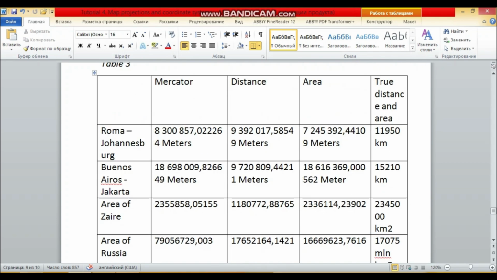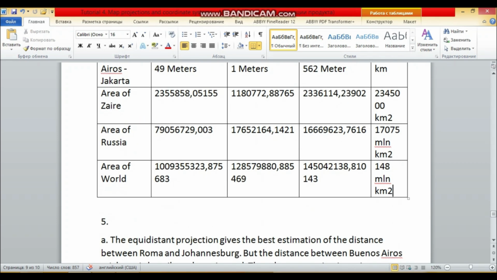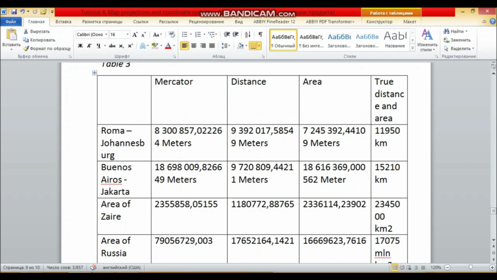Equidistant also shows a little bit closer values compared to Mercator. See, Mercator has a very huge difference from the actual number, 148 million square kilometers. So you should have the same or almost close